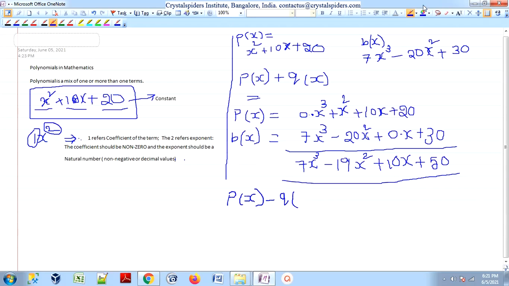Okay, this is not q, this is b, sorry, it's not q guys, right? This is a b. This is not a q guys, I am going to make it a b, it's not q. This is a function, right? Function b of x. Okay, so now I want to subtract b of x from p of x.